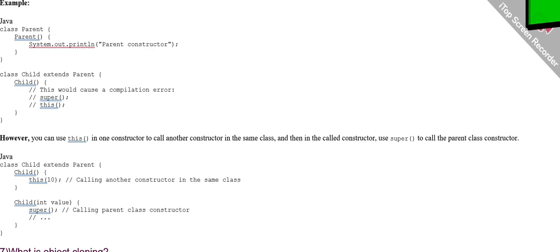However, you can use this() in one constructor to call another constructor in the same class, and then in the called constructor, use super() to call the parent class constructor. Java. class Child extends Parent { Child() { this(10); // calling another constructor in the same class } Child(int value) { super(); // calling parent class constructor } }